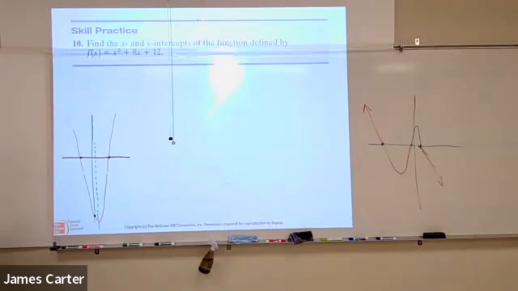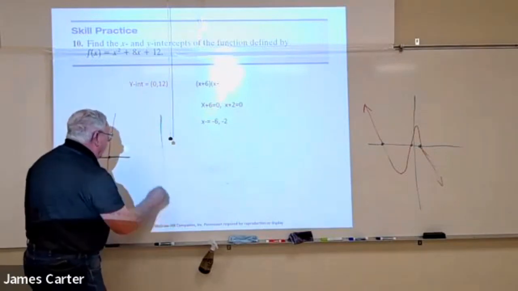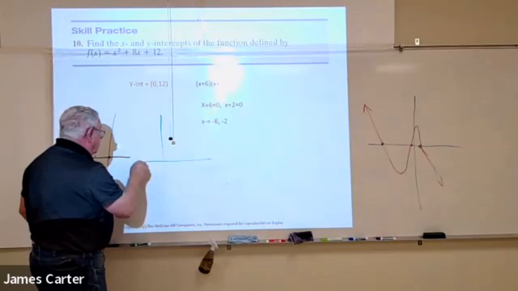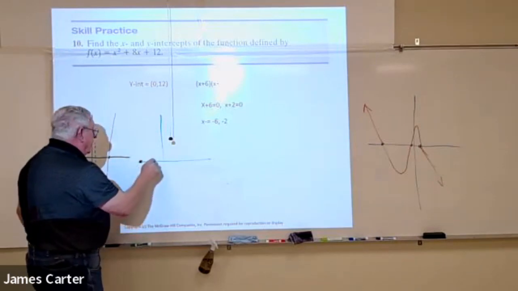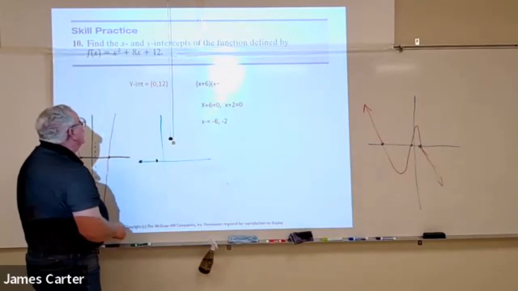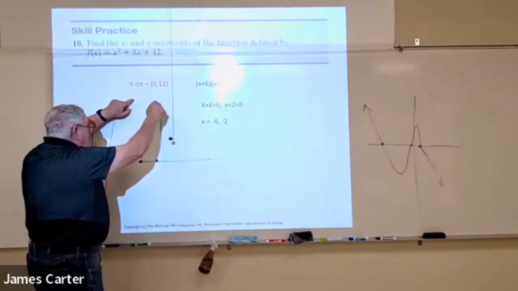Okay, what about this one? Well, they're just asking us to do the same thing. The y-intercept is that, and you get these two x-intercepts. Okay, so what would this graph look like? Well, here's my axis. Where are my points? -6, way out here, and -2, we're about here. What is my y-intercept? +12